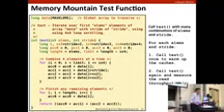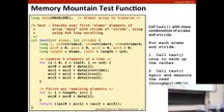Then we write a loop that reads some number of words, in this case elms, number of elements. So we've got each of these double word elements with a stride of stride. If we have a stride of 1,